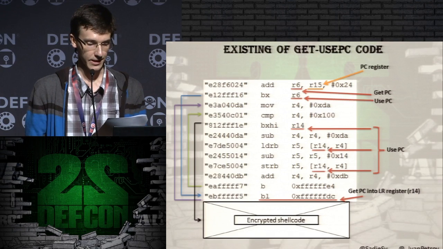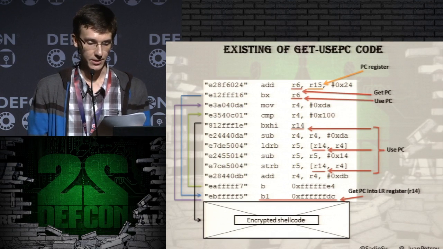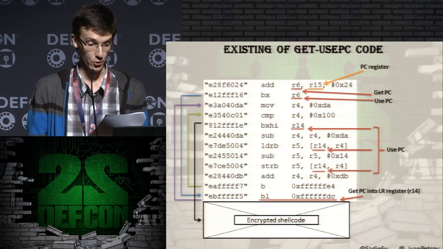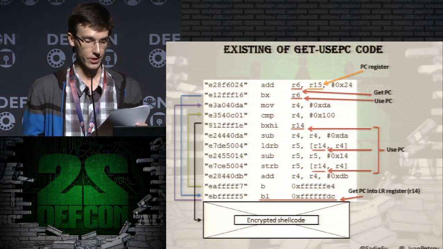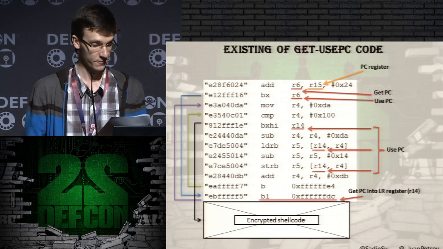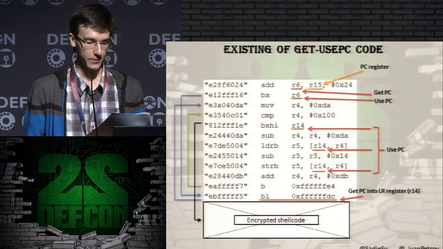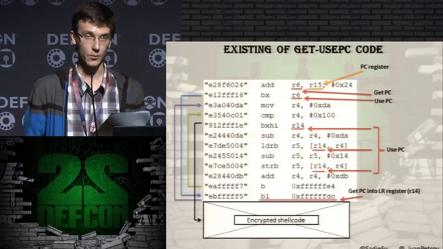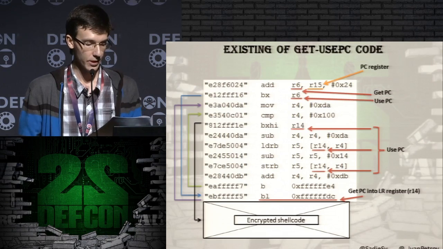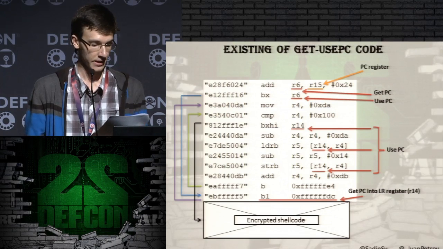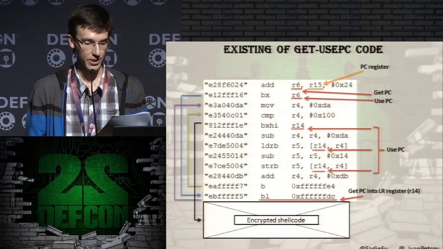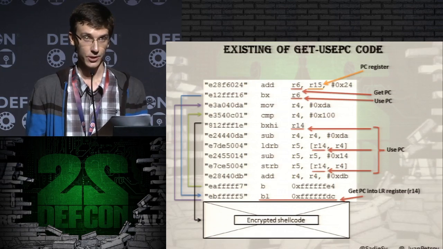How do we define get_use_pc code? We define it by running an abstract execution. We forward the instructions, but don't make operations on the registers. But every register has two Boolean values. The first value means that this register has been initialized by a concrete value. For example, if we put a constant in the R0 register, it becomes initialized. The second value shows that this register is somehow indirectly referred to the place of shellcode in memory.